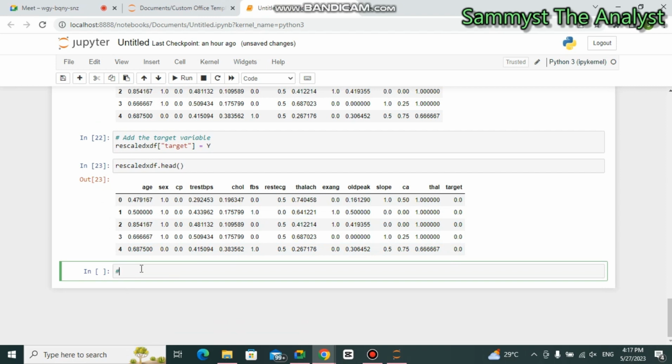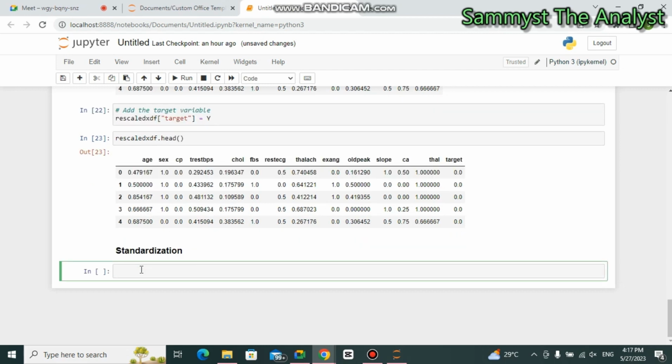Then the next thing we want to do is standardization. Remember, just as I said, it is not a must for you to go through the 3 stages. It depends on how you look at the data set. If you notice all these errors, you can decide to go through the 3 of them. But if you notice just one, you simply do the one that you notice and you go ahead with the modeling. So from sklearn